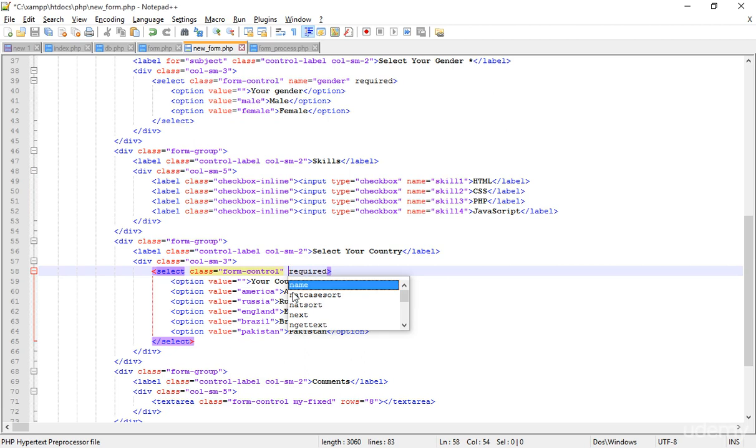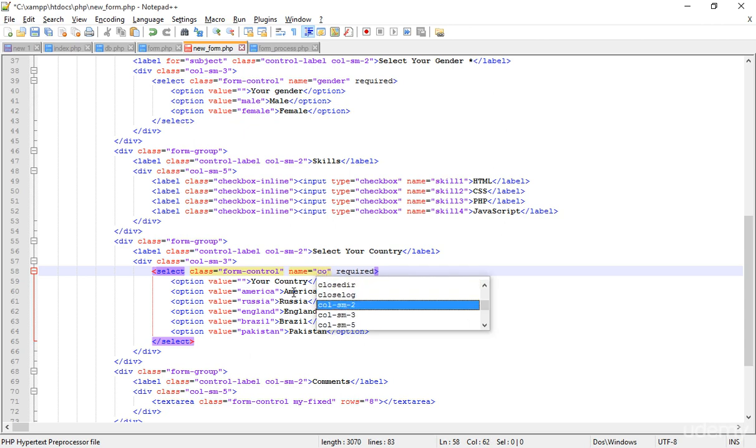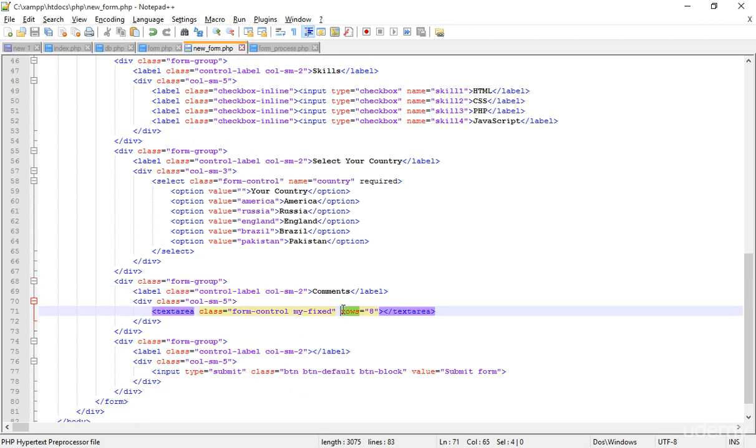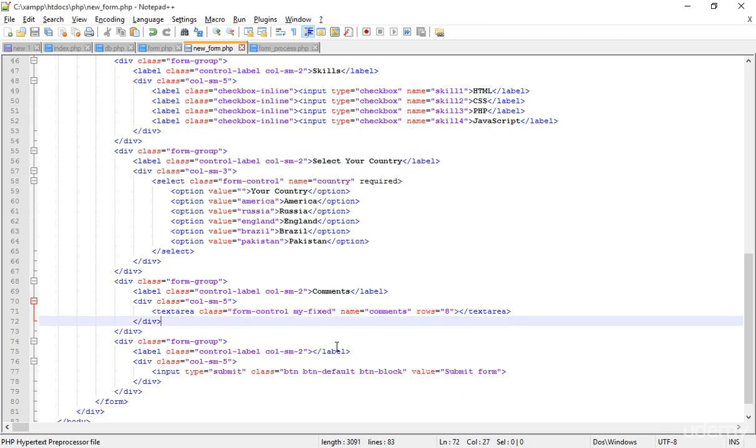Go down a little and add a class here, a name here, sorry. What name am I typing here? I'm putting country. Okay, I just added the country, not county, the country. By the way, in the comments I'm adding the name here, and I'm typing comments. Really simple work. Another name here, and just typing